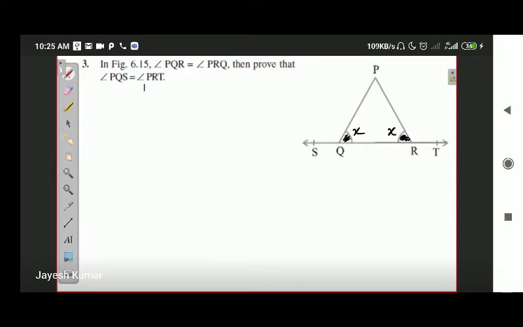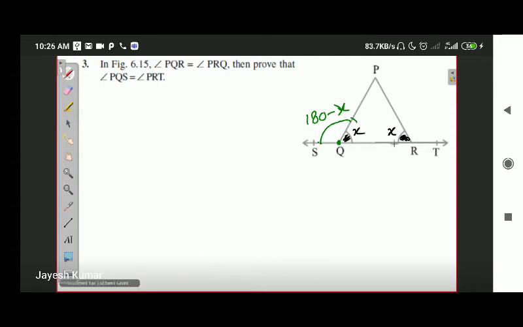You need to determine that their exterior angles are equal. Okay. Now at point Q on line ST, if I say this angle is X, can I say its adjacent angle is 180 degree minus X? Why so? Because of the linear pair. This whole angle is going to be 180 degree. One part of this angle is X, the other part will be 180 minus X.